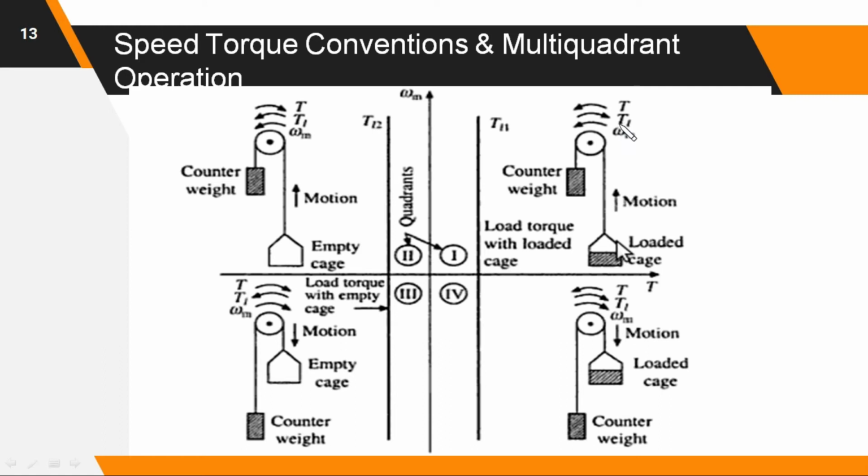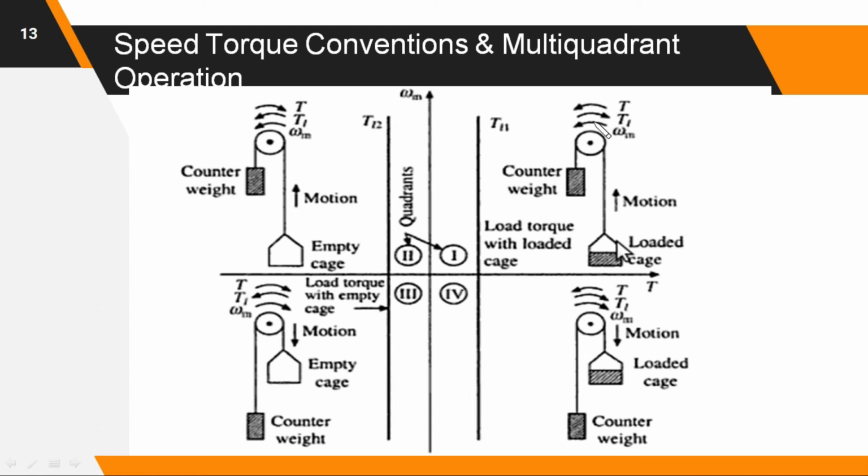Now, as per the equation of the motor load system, the fundamental torque equation, T is equal to TL. Therefore, if the load torque is in a clockwise direction, the motor torque should be opposite to that, meaning it should be in an anti-clockwise direction, correct? The motor has to work in the anti-clockwise direction, and only then will the lift go upward, while due to the gravitational force, the load torque is in the downward direction.